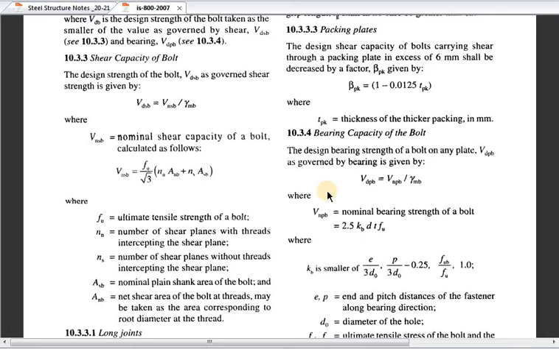So while designing the steel structures, whether it is an angle section, or an I section, or a C section, any section, while joining the sections we can join them with the help of bolted connections, or we can join them with the help of welded connections. So here we are dealing with the concept of joining of two members or two sections with the help of bolts. So here we are designing the number of bolts required for joining the two sections, two members.